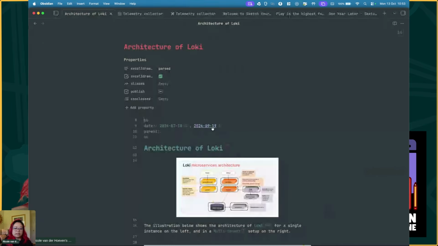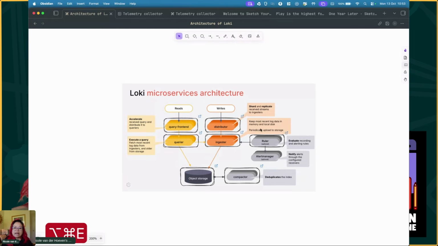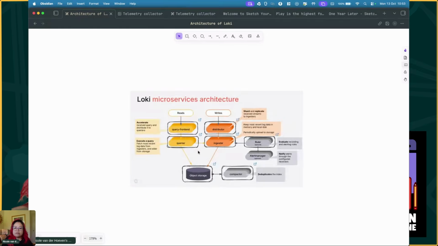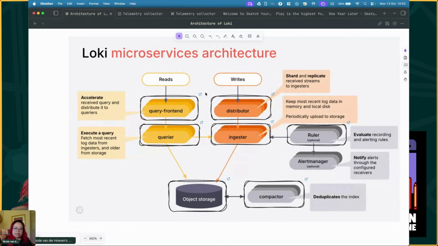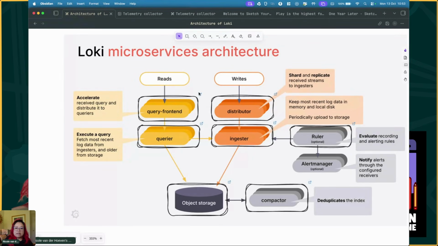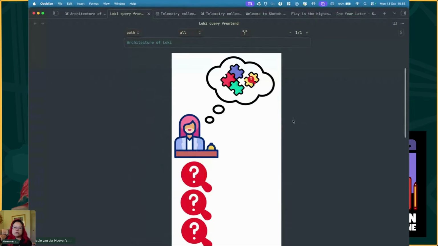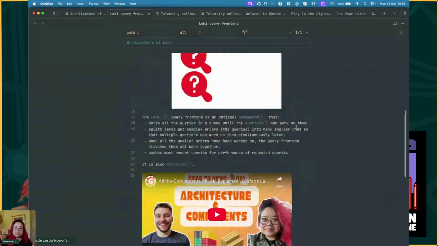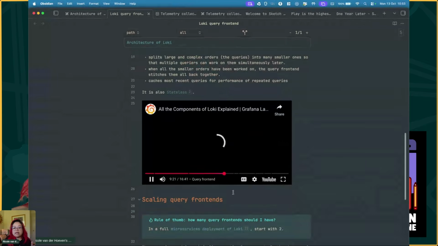Here's the architecture of something that I'm working on, an open source project called Loki. And I took this from a slide from one of the marketing materials. And then I looked at it and I'm like, okay, what is a query front end? And then just this bit now links to the query front end. So then that links to this whole other page that has some text, and oh yeah, I did a video, and this will play at a certain part of